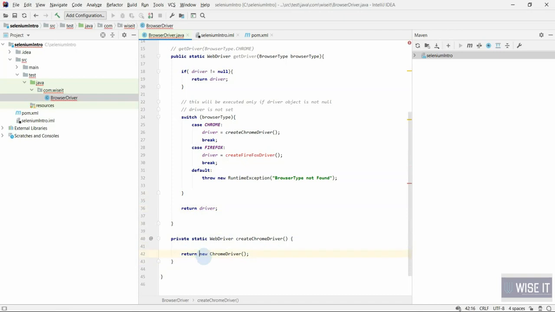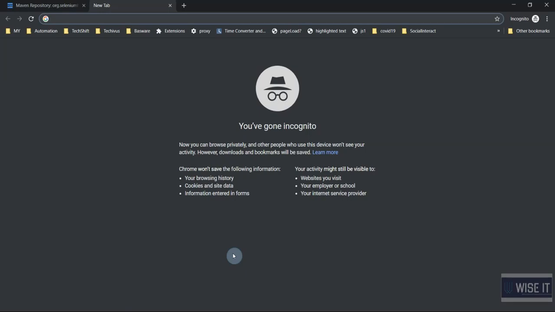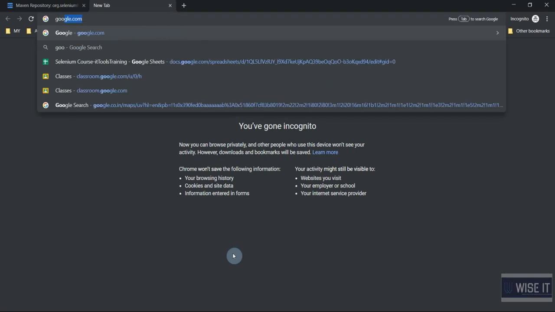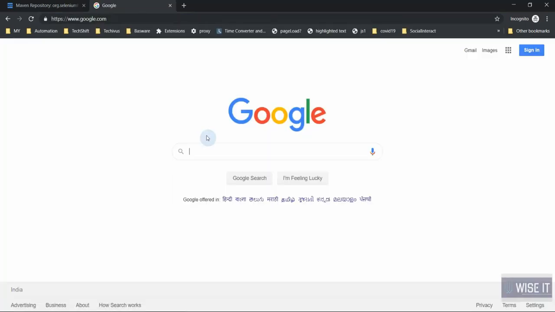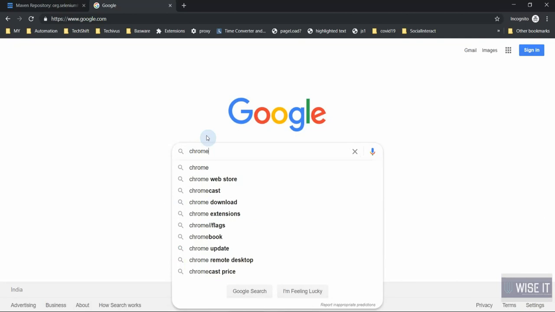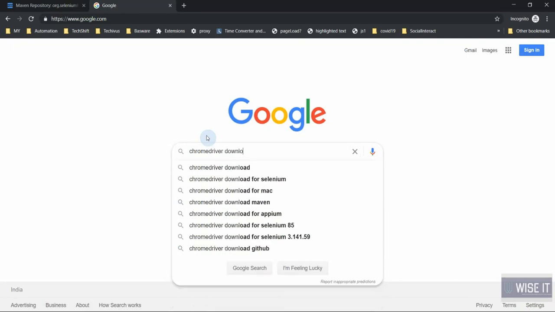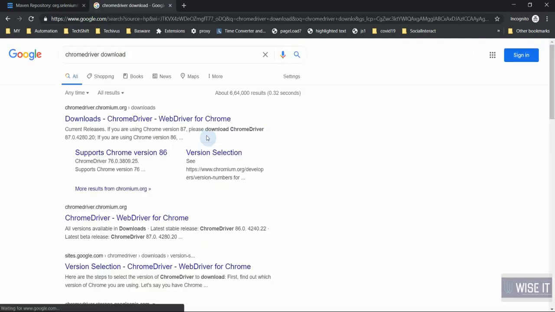But this will not work as it is, because whenever you want to create a Chrome driver, you have to download a driver binary from the net. Binary means an executable file, and to download it you need to go to Google again. So here you type Chrome driver download, and go to this link.